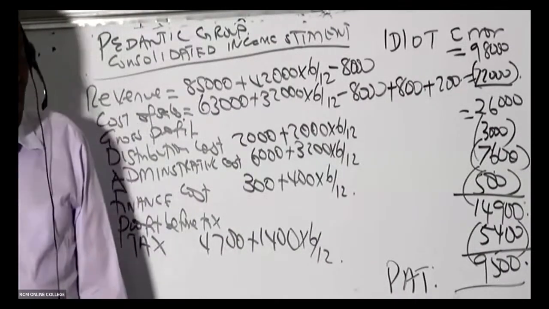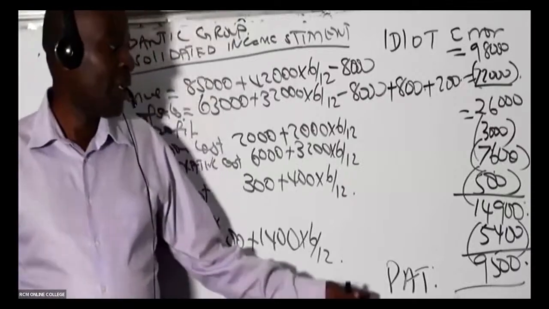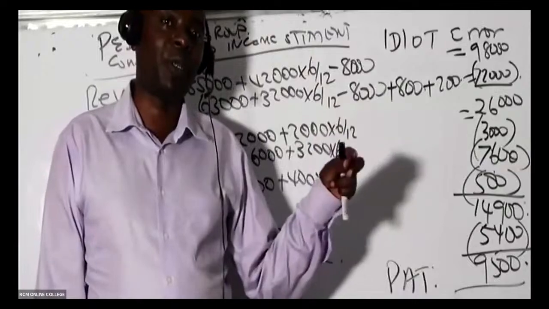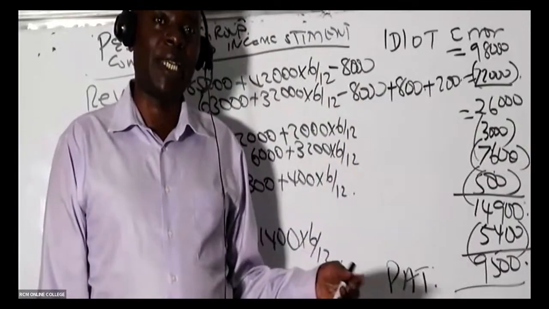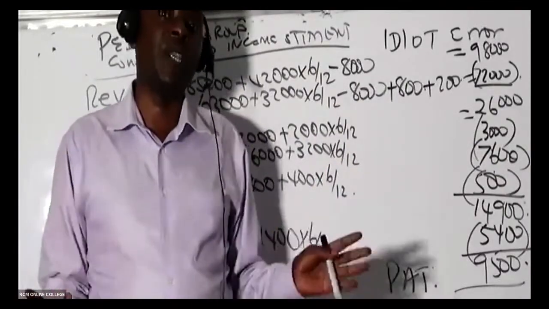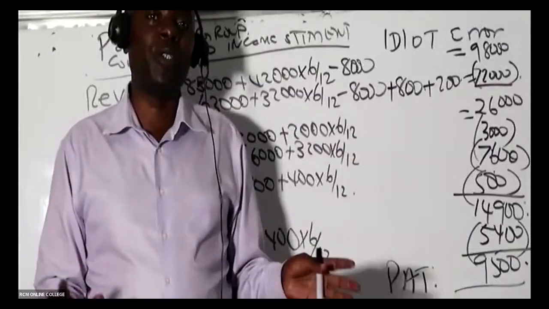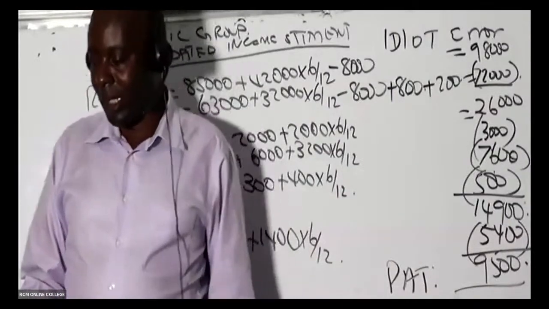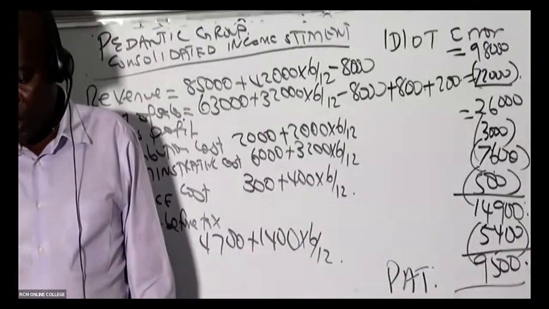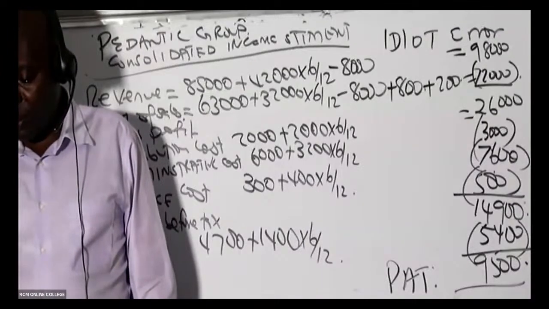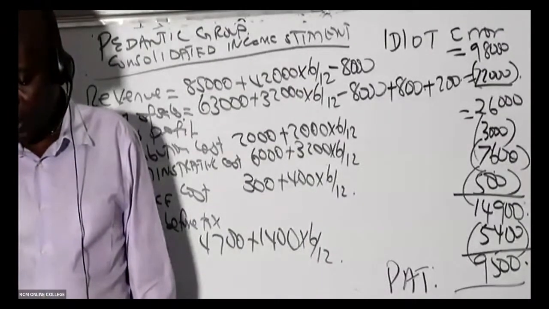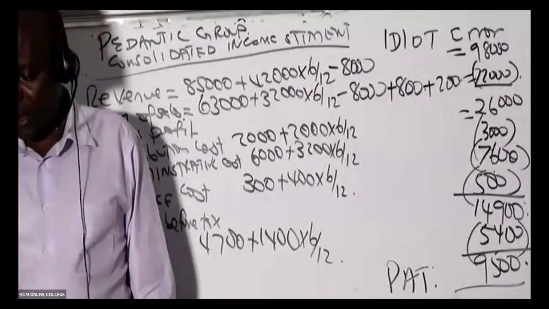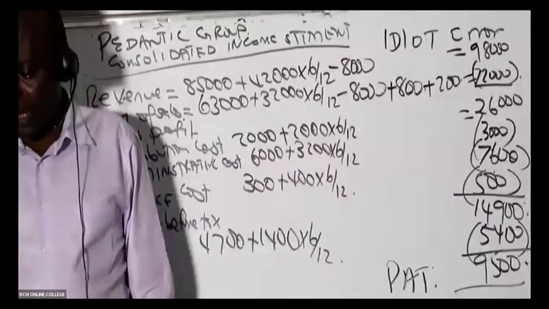And then there is a workings that is normally done here, of what is attributable to the parent and what is attributable to NCI. That part normally never gives you any mark. That part I'll not teach it at all. If you look at the answer given in this book, very nice, great stuff. I like group consolidation.